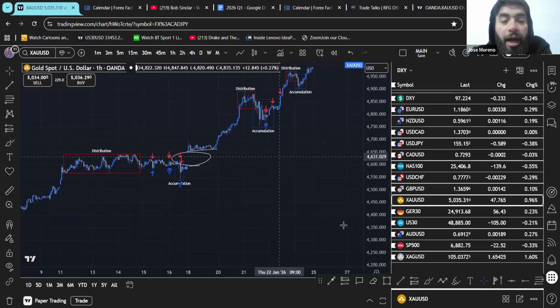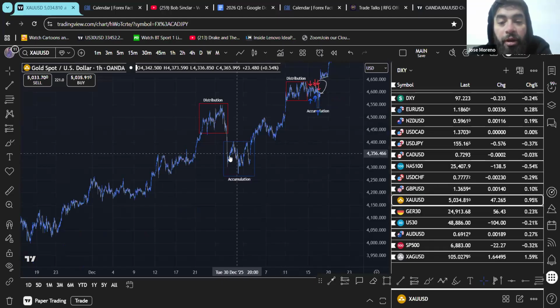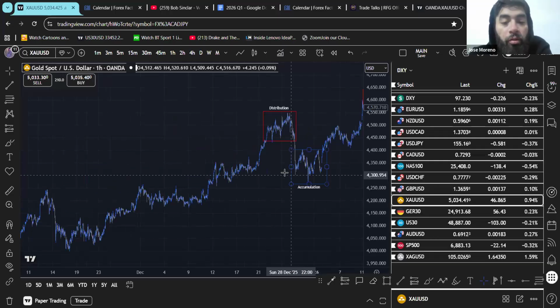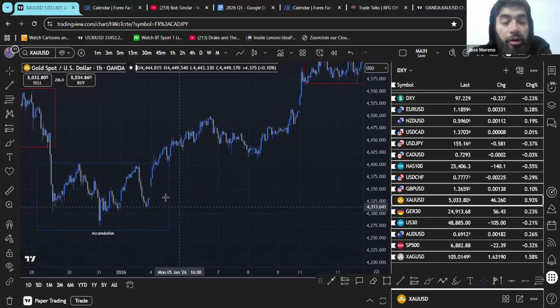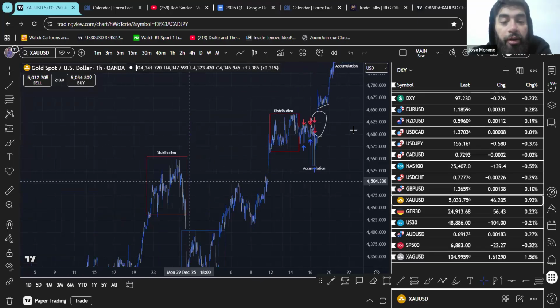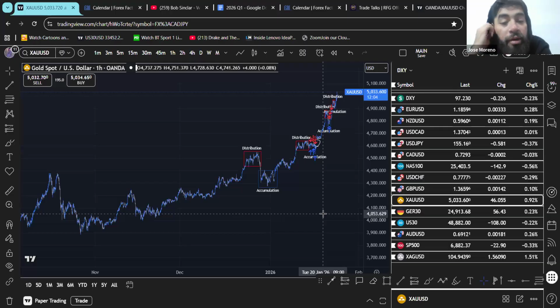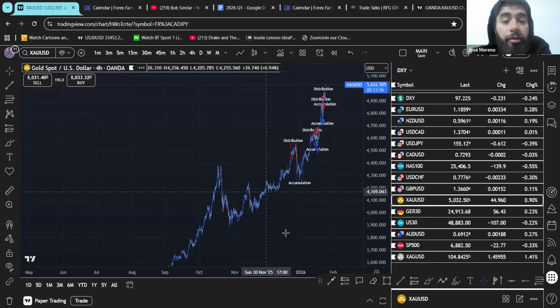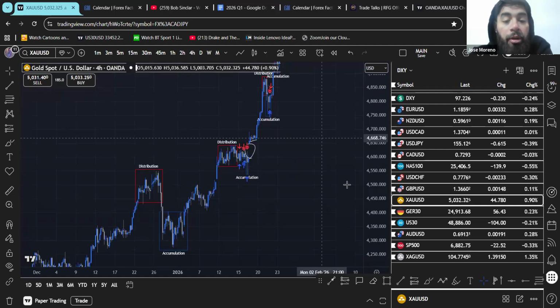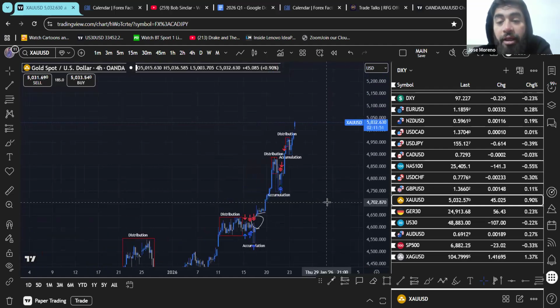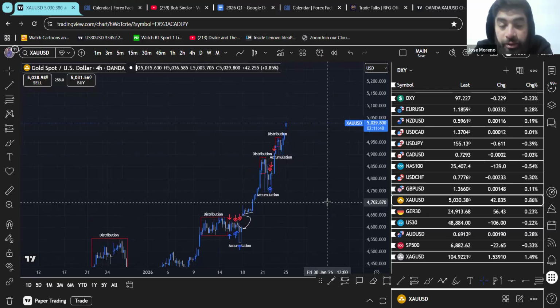But yeah, 4,300 means you probably got in somewhere in this accumulation here. This accumulation is pretty clean as a whole. Even here though, we also have gaps. There's also, easily, guys, we can retrace and get a bit of a bear move, and February is coming, seasonality is bearish for gold, right? I wouldn't be surprised to see a short term down push, but all I'm saying is just plan for all eventualities. Plan for all eventualities. That's all I'm saying.